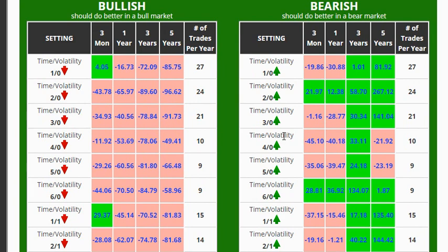So now let's get down to picking a winner now that we know a little bit about how to use this tool. Now, the first thing that I like to look for, and this is my #1 rule, is to look at a setting that is all in the green and it has a descending pattern. So that means every period is a winner. So if we look over here, it's high, getting lower, but then this last month it went bigger. And so that means that if it wasn't for the last 3 months, this one would be a loser for